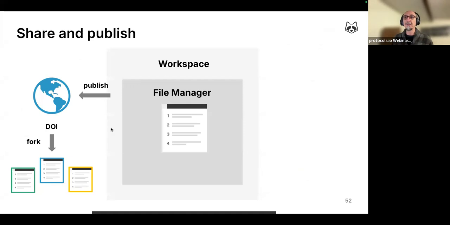Once the protocol is published, any reader can create a new fork, or editable copy, and modify it according to their needs. In that sense, all public protocols, because they are open access, are templates for further optimization. Now, the platform will link any forked protocol to the original one. And in this way, both authors of the protocol and optimizers will maintain and earn credit.